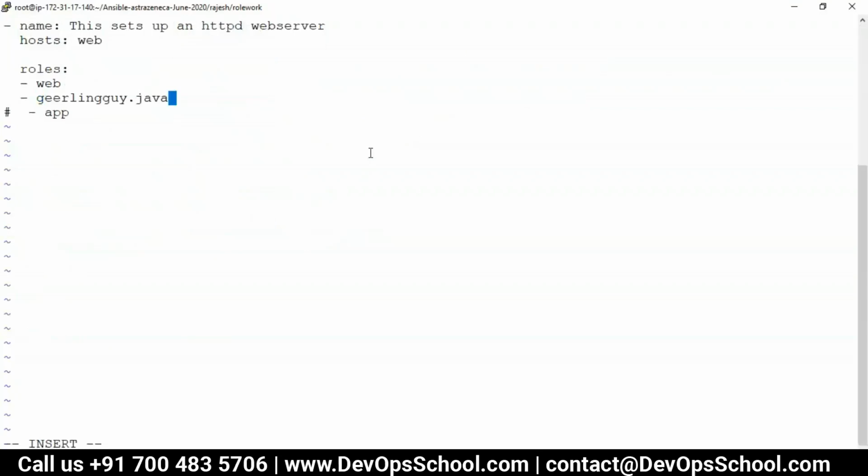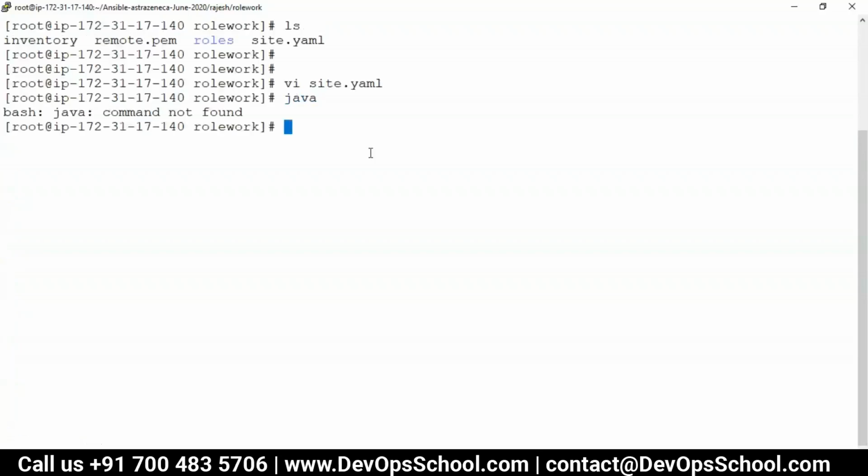So just imagine you have not written even a single line of code, and you have a role which can install Java on all Linux platforms without passing a single parameter.